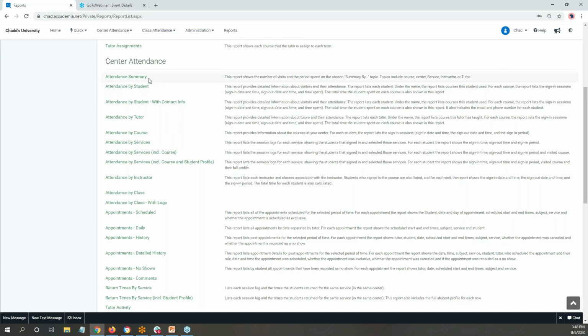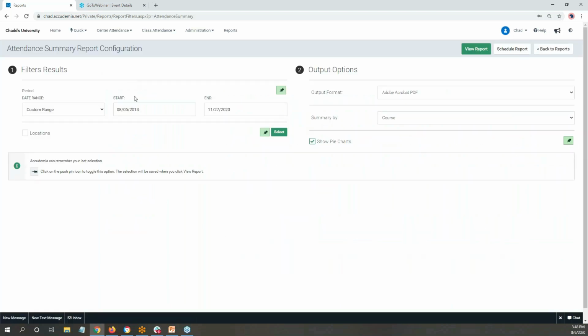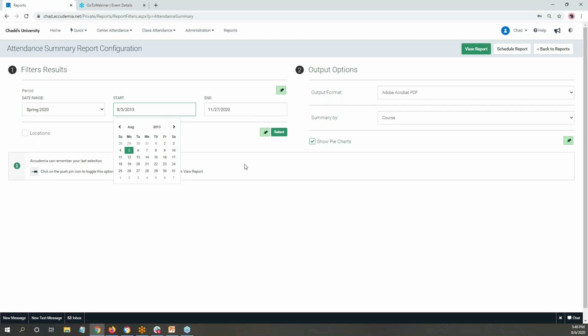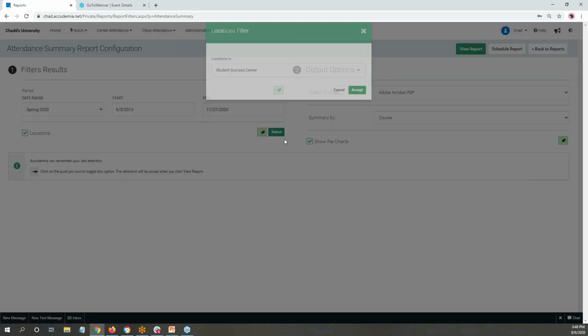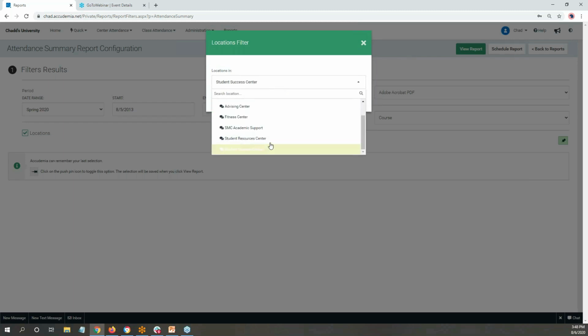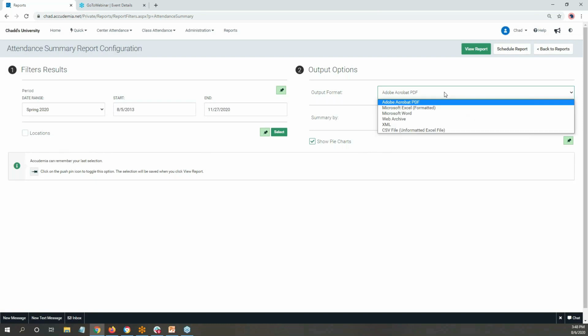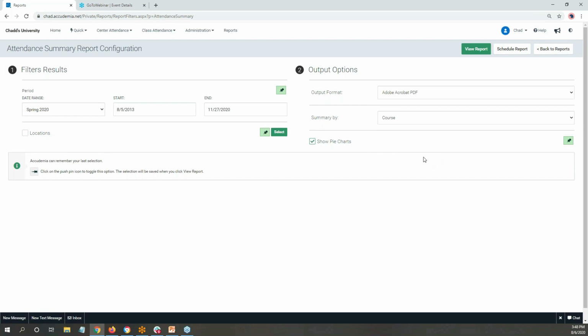And the first report I want to show is our attendance summary. Now, this particular report is one of my favorite because I do my date range, so I choose which range I want, using a past semester, current semester, last 7 days, drop down calendar. So you choose the range you want to run this report for. If you have multiple locations, you can choose which location, which center do you want to run it for. I then can choose my format, so PDF, CSV, Excel,